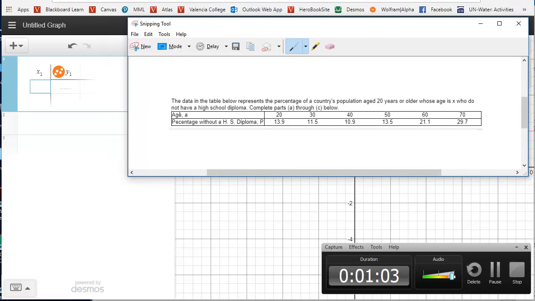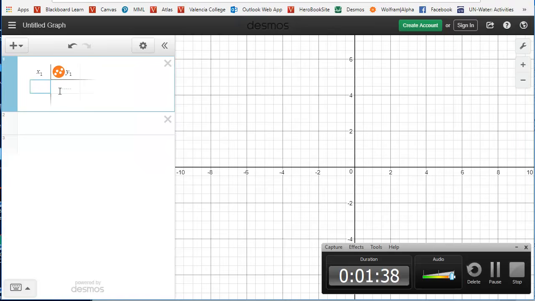And you can see that the problem described here says the data in the table below represents the percentage of a country's population age 20 years or older whose age is X who do not have a high school diploma. So again, age is my X variable, my independent variable, and then here's the percentage of students without a high school diploma. So the quote-unquote X value, my input, is 20 and the output is 30.9 for that particular value. So I'm going to put in 20 and I'm going to put in 30.9,